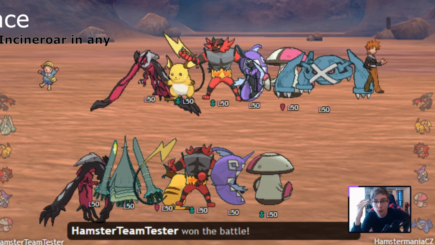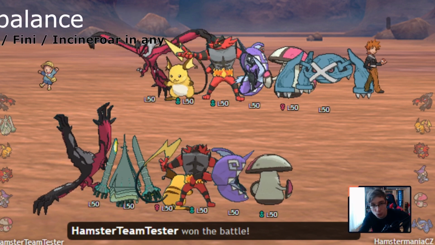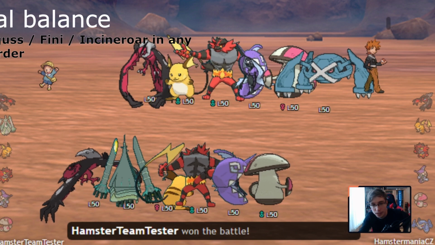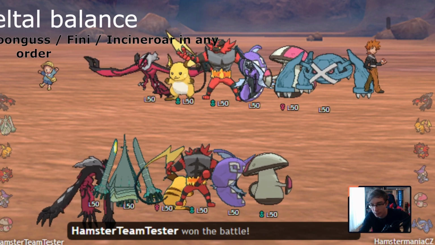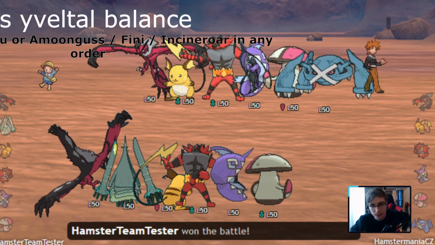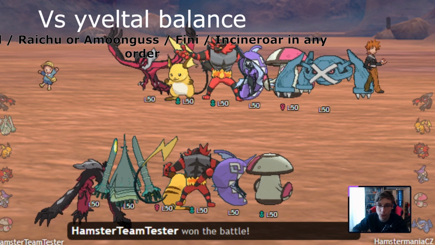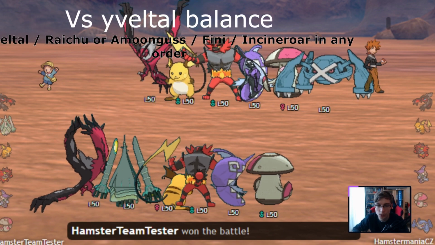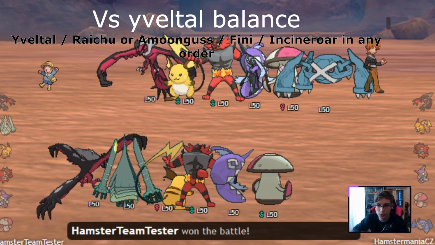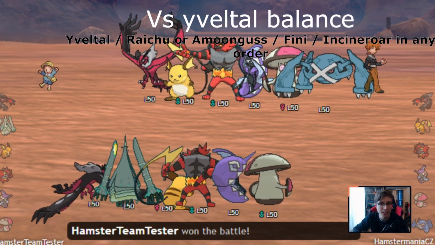So, the interactions are as following. Amogus can Spore Yveltal, and Yveltal cannot really one-shot Amogus with Max Airstream. And if you waste Dynamax against Amogus, it's pretty much game over. So, Amogus is highly viable lead against Yveltal. But yeah, rest of the matchup is pretty much going to be either early game with Yveltal is going to be essential, and going for Max Airstreams, and late game is going to revolve around having Tapu Fini protected well